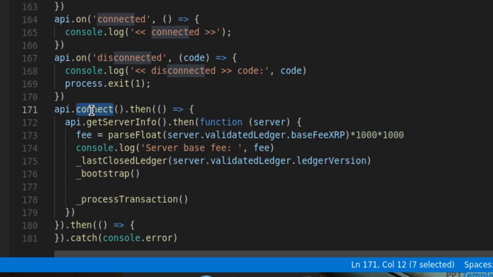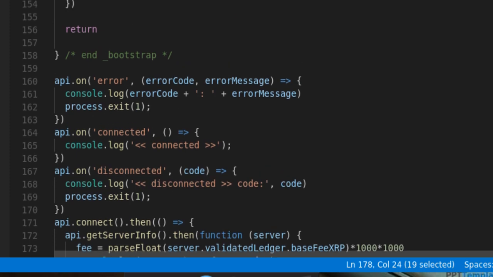After connecting to the node, it will get the server info. From the server info it will get the last close ledger, and it will set the last close ledger variable. Then it will bootstrap, and after the bootstrap it will call the process transaction.